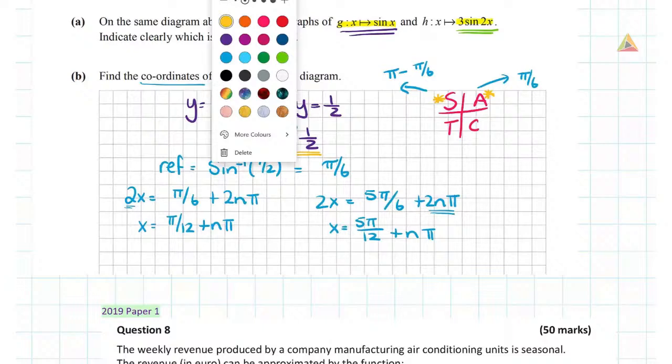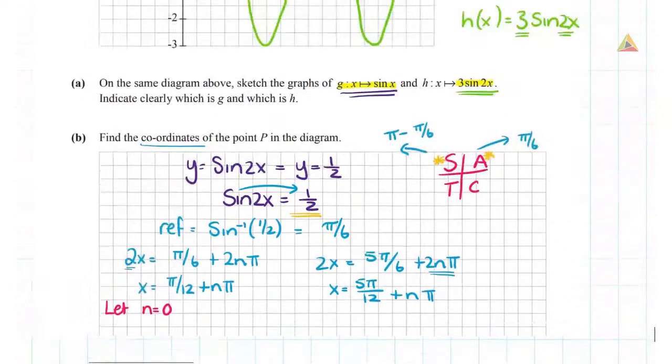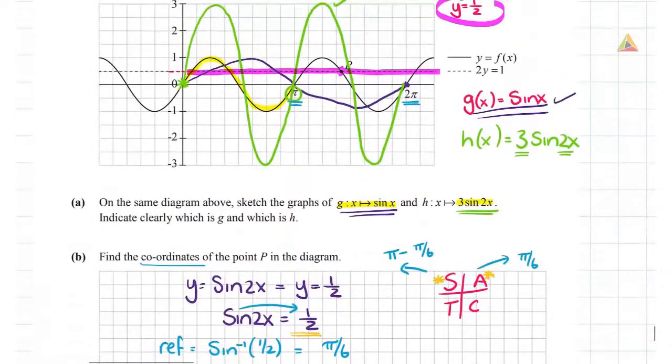And what we're going to start doing is subbing in our values of n. We start with n equals 0, and we continue. But if we just look back at our diagram, it's a little bit tricky to see because we've so much on the diagram. But I'm just going to mark out all the points on that graph where the two functions are equal. So our first point is going to be right there. The two functions meet there for the second time, there for the third time,